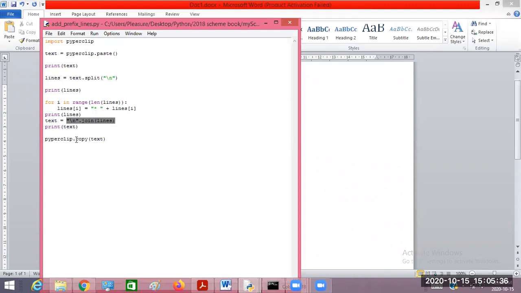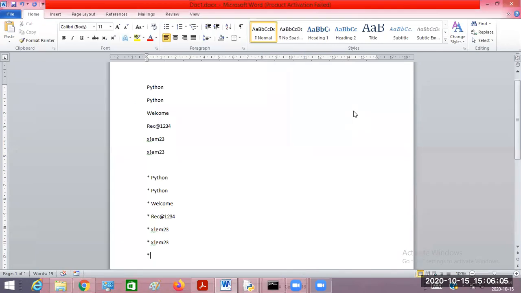So I just used all the concepts which I discussed in the previous chapter with strings and dictionaries. The earlier program was dealing with the dictionary. This program is dealing only with strings. It takes some data from the clipboard, converts it by adding some prefixes to the content, copies it back into the clipboard, and I take that data back into the Word file. So usually we may require this kind of job, right? Will you have this kind of job or not?